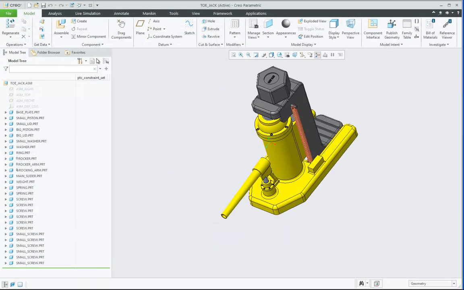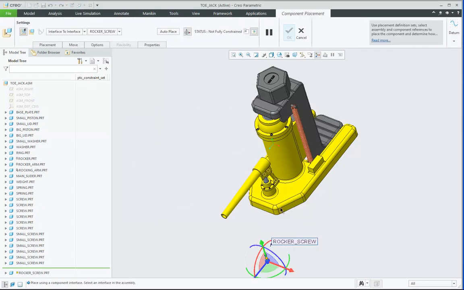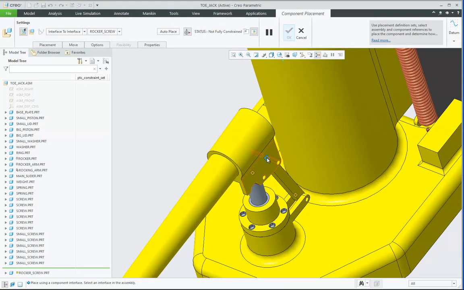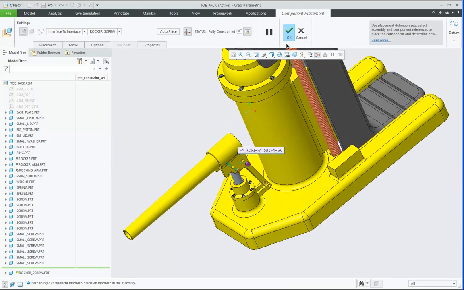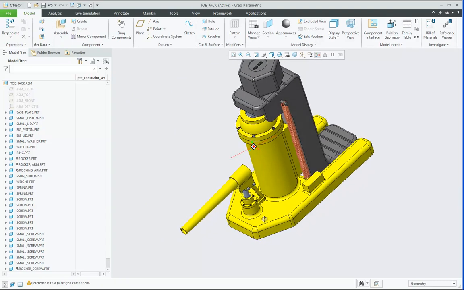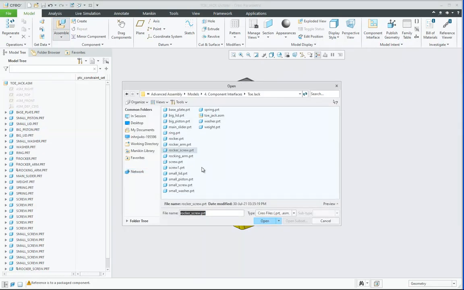Now in the main assembly, I will go for assembly of rocker screw. Now it will give me these two locations, so select them and the rocker screw gets assembled. And then the last thing, which is screw 1.